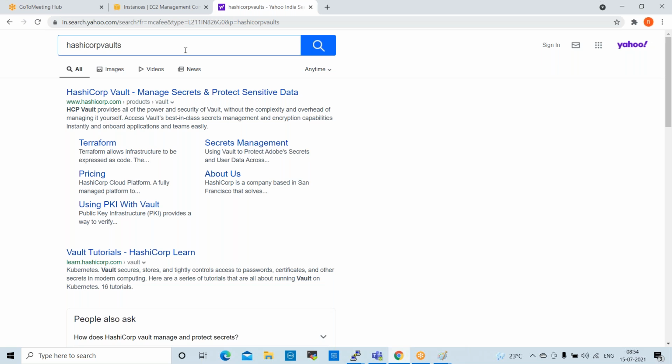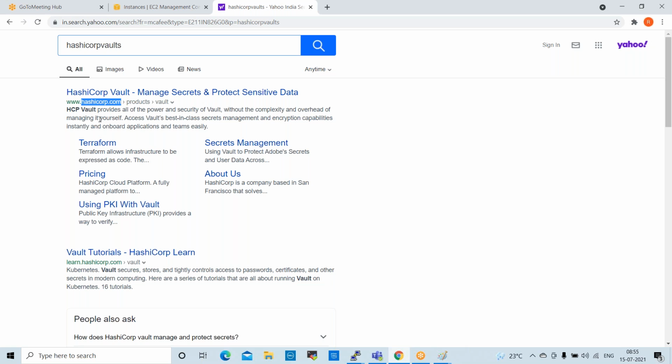Let's start this. See here. HashiCorp Vault manages secrets and protects sensitive data. Right? So if you want to secure your Docker vaults, we require this HashiCorp vault. This is third party. HashiCorp is the organization. Terraform is developed by HashiCorp only.